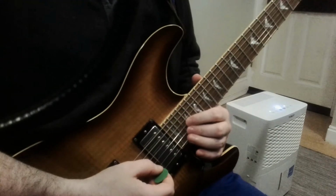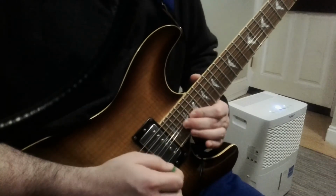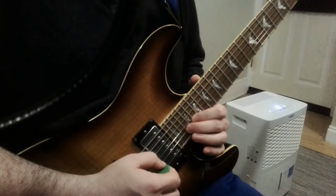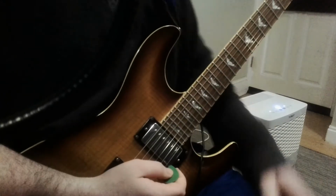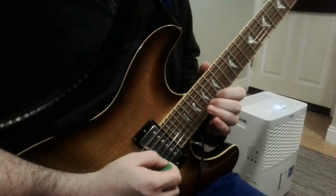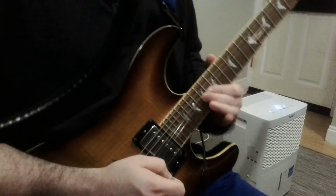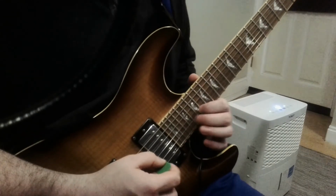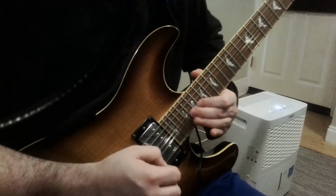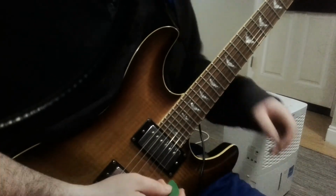Then we have B string 22nd fret. We hit it and then we bend up a half step. Then we go back down and pick it. We have 17 on the B string. Same thing, we pick it and then bend up and down. And same thing, 20th fret B string. We bend it up a whole step though and back down. So that bending section is